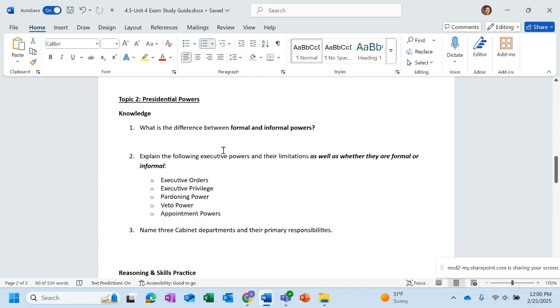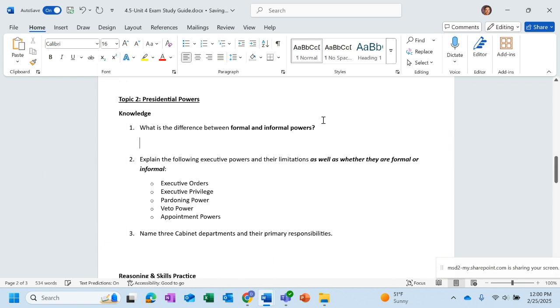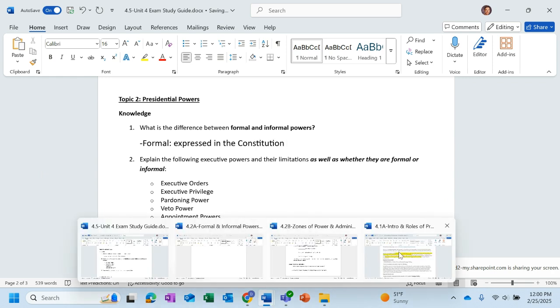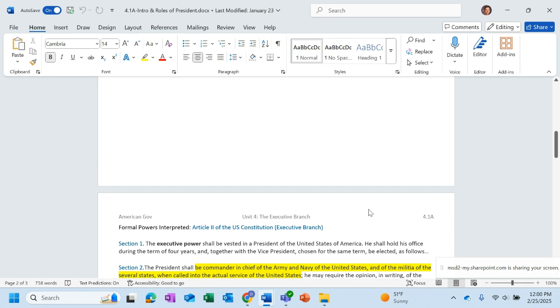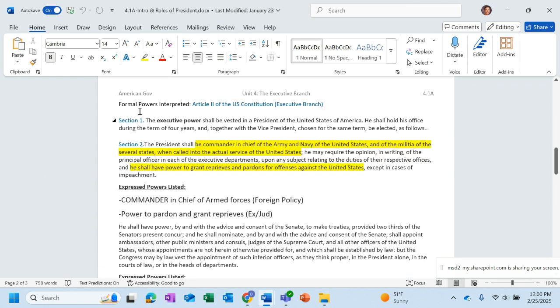All right, presidential powers. What's the difference between a formal and informal power? So formal means expressed in the Constitution. It specifically says that. Again, that's why I pulled this up right here, because these are the expressed powers. They're all listed right here in Article 2. Executive power, enforcing the law, okay? Being commander-in-chief and the militia, granting reprieves and pardons, being in charge of the executive departments and the principal officer of the executive departments,